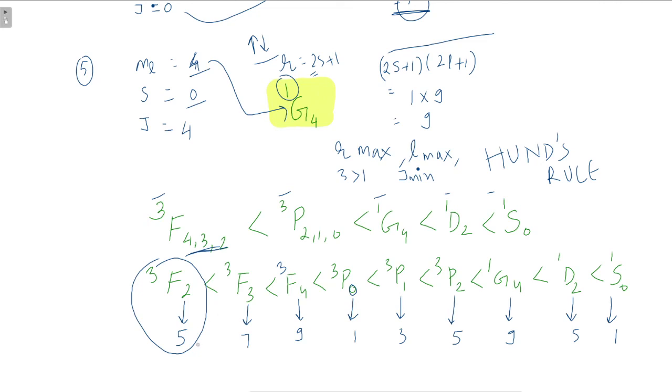Now, these microstates can be directly calculated. You don't need to go through the values of ML and S separately. What you need to do is just apply 2J plus 1. So, how do we do that? For example, you have the value of 2. So, 2 into 2 plus 1 is equal to 4 plus 1 is equal to 5. So 5 plus 7 plus 9 plus 1 plus 3 plus 5 plus 9 plus 5 plus 1. So many values. So you just add these and tell me how many